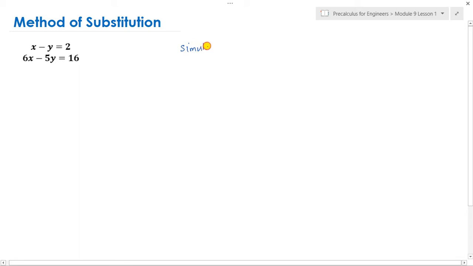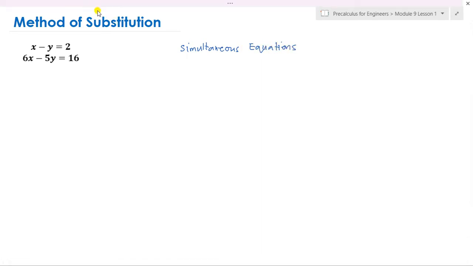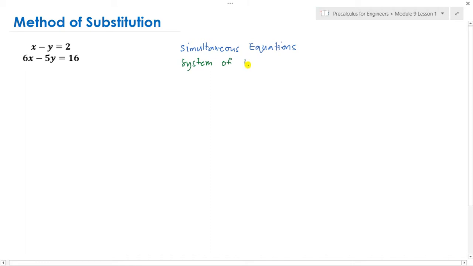And in some books, ang uban nga mga libro, they also call this one a system of equations. And then in this lesson class, we're going to talk about the two types of these equations. The first one is simultaneous